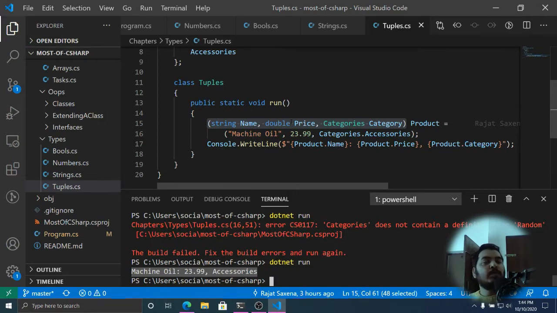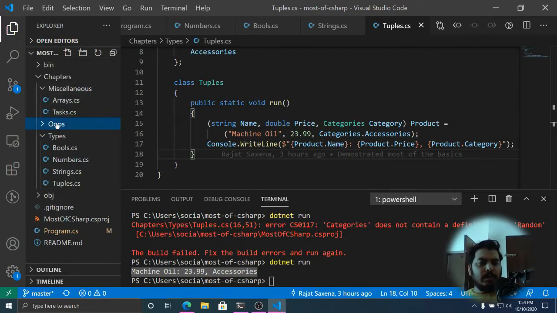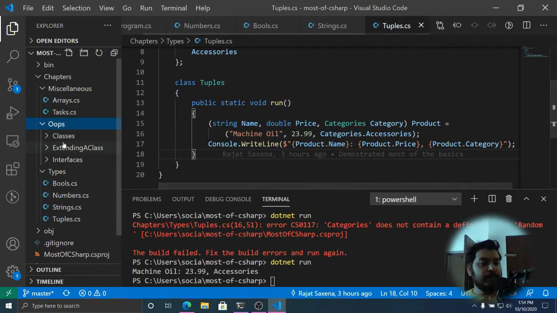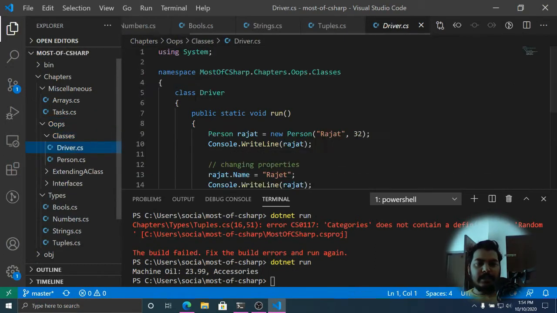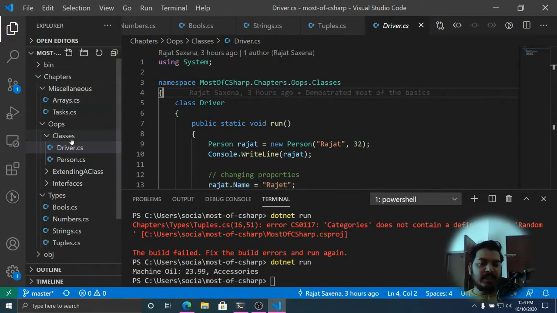We are going to talk about user defined types in the next part, where we are also going to have a look at object oriented programming in C#. So let's move on to object oriented programming. This is a folder where I have collected everything related to classes, and the namespace is Chapters.Oops, which mimics the folder structure.